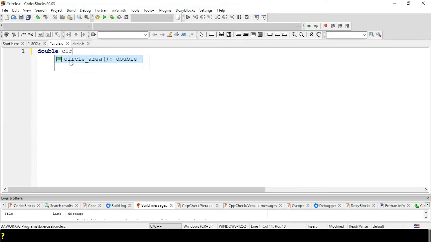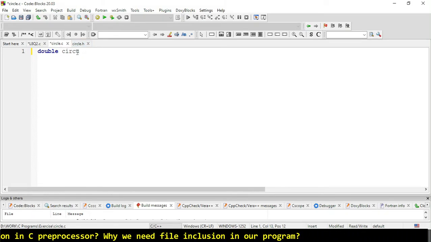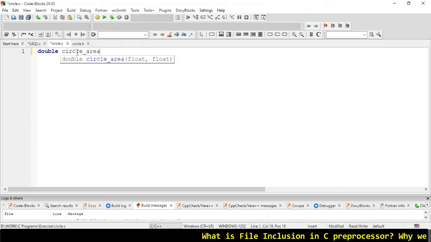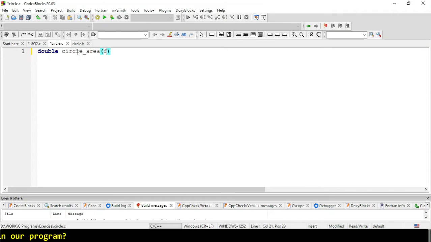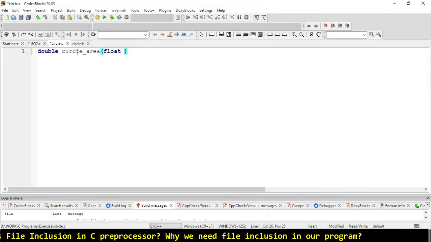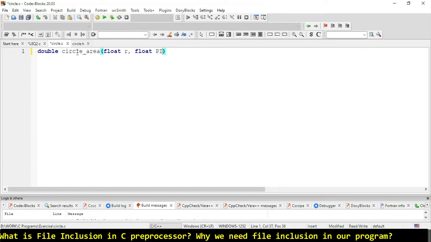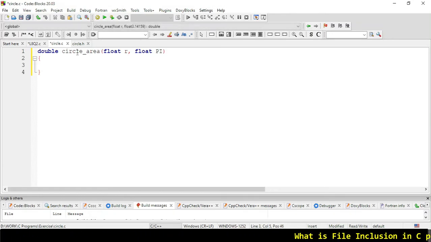It is showing like this because we already created the definition for it. So let's pass two parameters over here: float r for radius, and float pi for the pi constant variable.